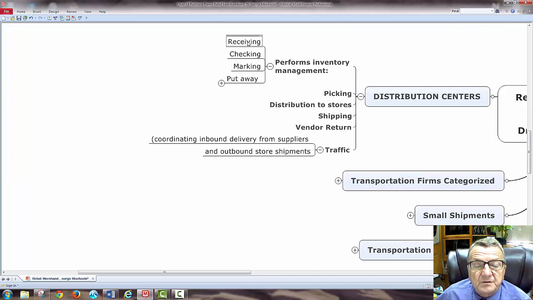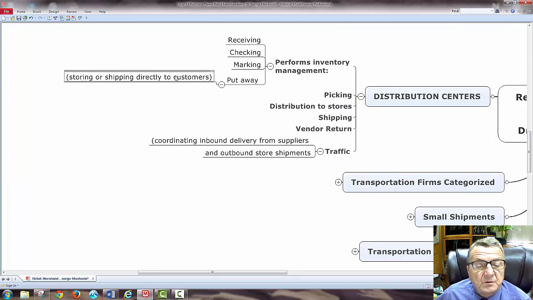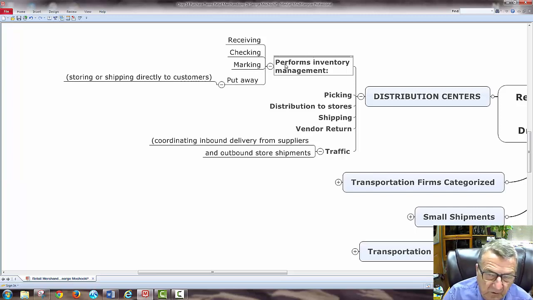Okay, distribution centers: receiving, checking, marking, and put away. Put away is storing or shipping directly to the customers, like a jobber rack that we talked about earlier in the store, but some of them are larger, may ship it and put it away for you, or keep it at their warehouse as you need it. I think L.L.Bean does that with